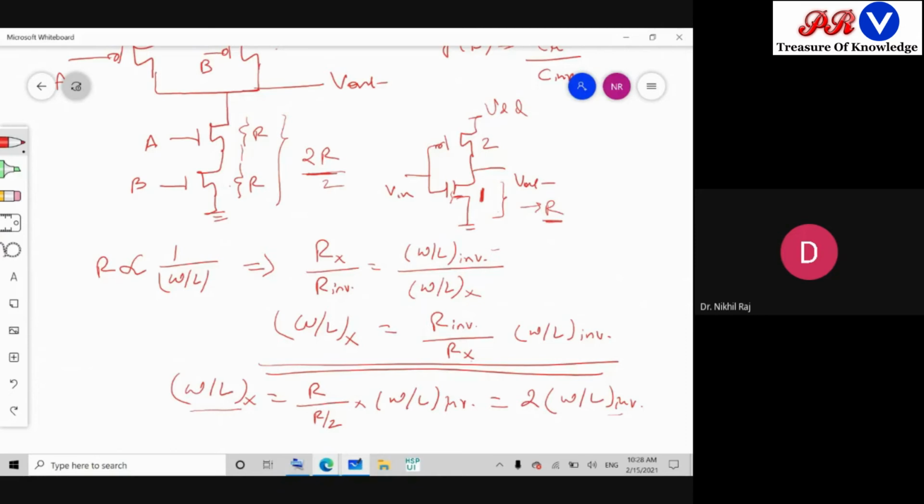So what should be the dimension of now these two MOSFETs? These two MOSFETs should maintain the ratio of 2 and 2. Even if you see, these are the series combination, so 2 and 2 will come in series. Fine. So how did we compute this? Have you got this one?